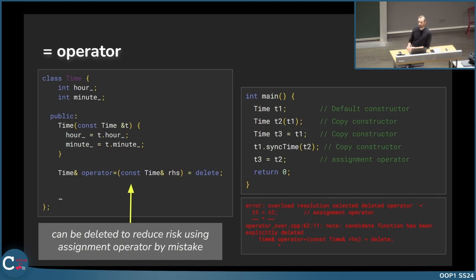Any questions to this? Yes? So in this situation, the operator, the last function that we have, that you deleted, is not a copy constructor,